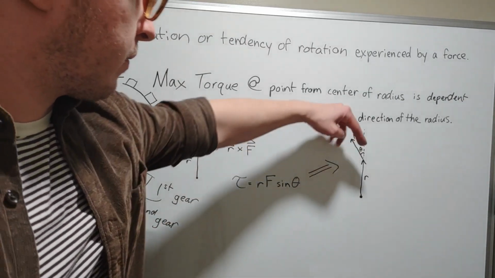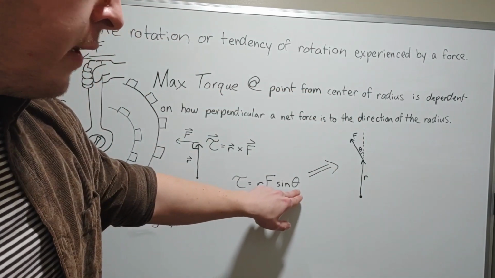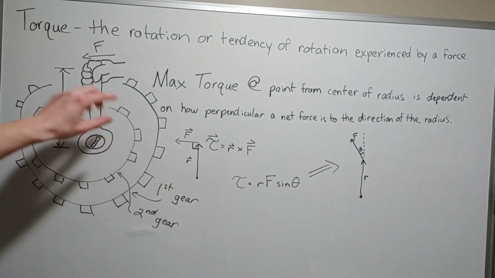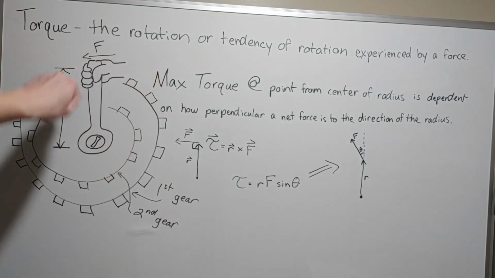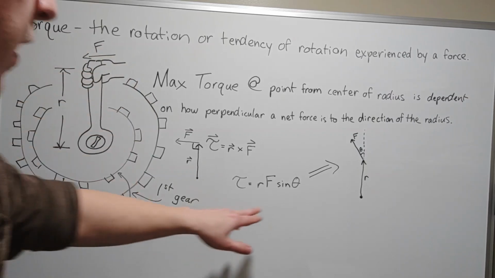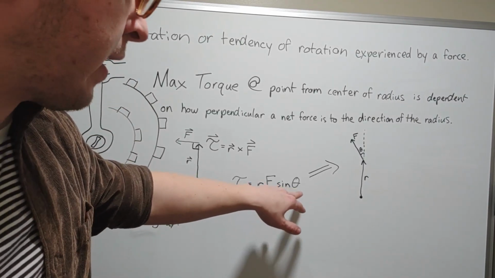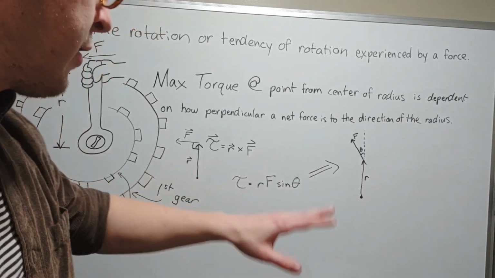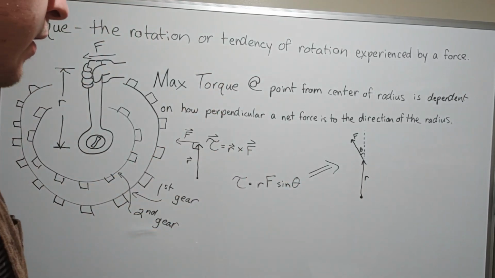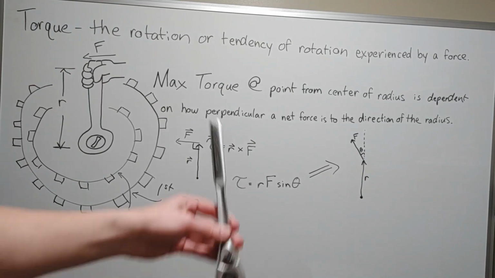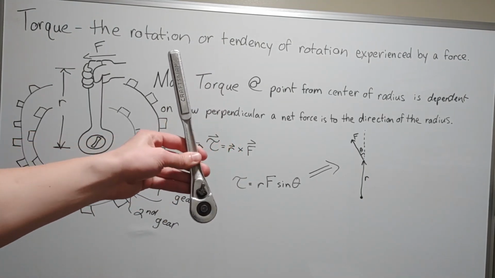So sine of 90 degrees. If we have a force going exactly 90 degrees from the radius, that's going to be sine of 90. Sine of 90 degrees is 1, so we get maximum torque. So let's think of it this way. Those of you guys who work on cars,